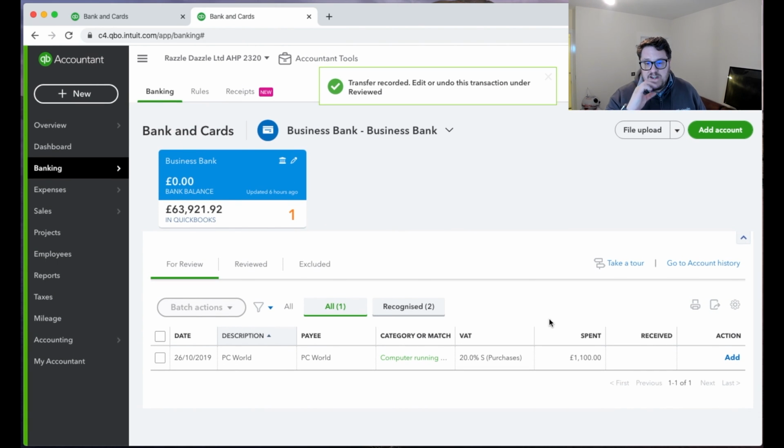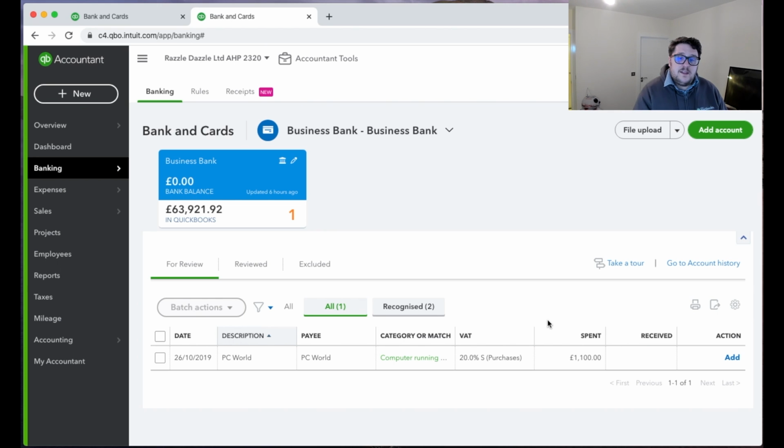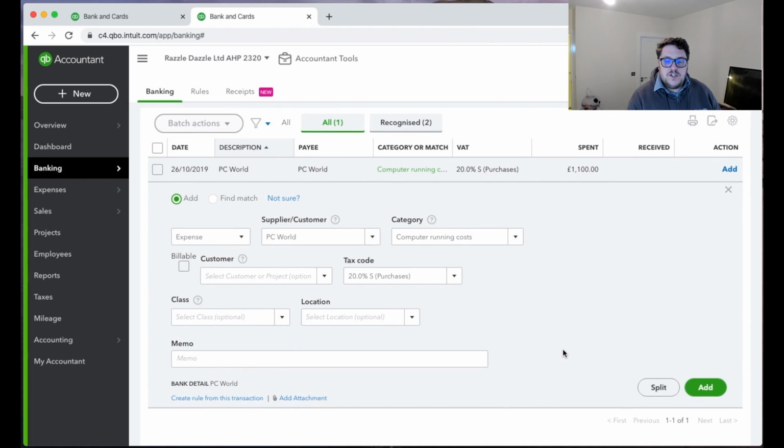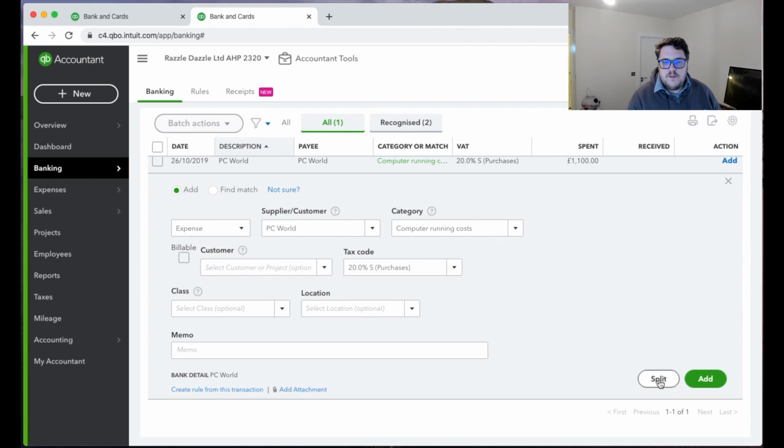Finally then, on my screen, I've got PC World. Now the only reason I've left this one is because it's slightly more complicated, and that's because we've also bought something that's actually capital related. So there's some capital item in here and also some computer expenses as well. But it's really straightforward because if I click into the transaction, I get the option to split down the bottom. So if I split it,